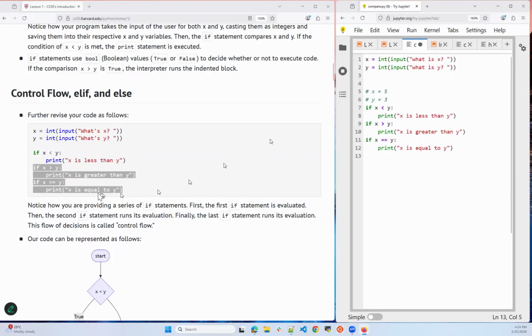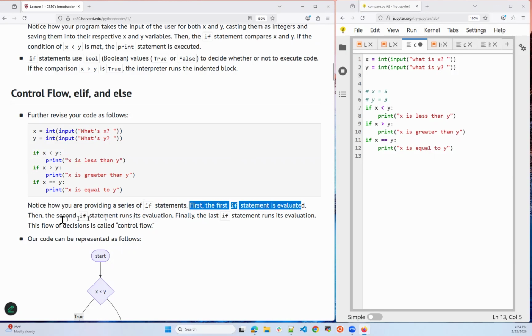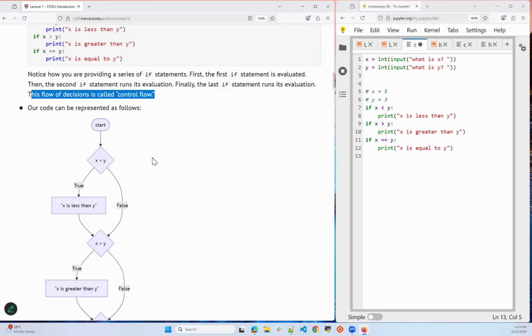So let's run this code again. Notice how you're providing a series of if statements. First, the first if statement is evaluated, and the second if statement runs its evaluation. Finally, the last if runs its own evaluation. This flow of decisions is called control flow, and this is how your code is defined in a coding diagram,